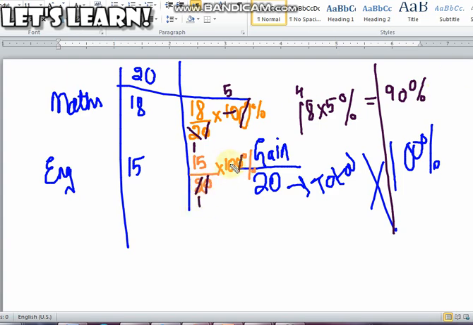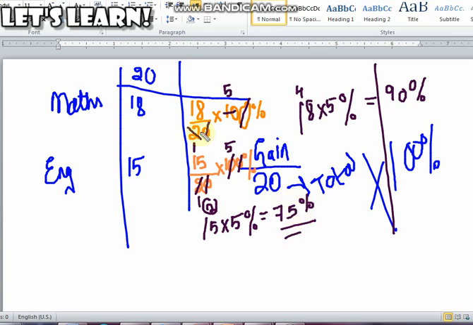10. So 2 1s are 2 and 2 5s are 10. Now we are left with 15 and 5, so I'll multiply 15 with 5. So 15 multiplied by 5, and that is equal to 5 5s are 25. So 5 comes out here, 2 goes up. So 5 1s are 5 plus 2 is 7. So 75% is my answer. Don't forget the percentage sign.